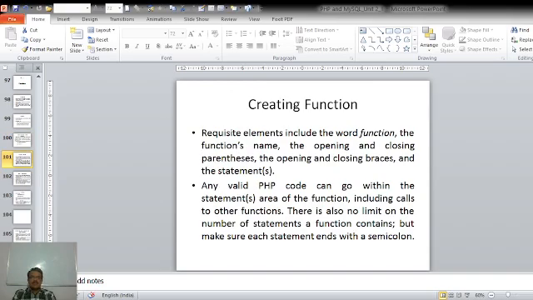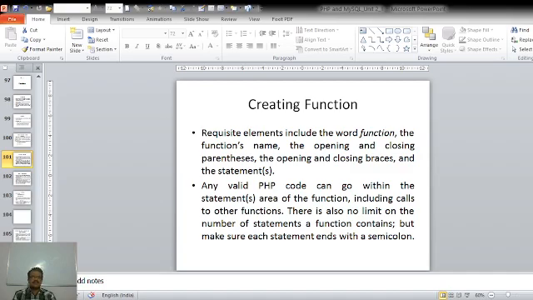Now, whenever we declare a function, what are the requisite elements of a function? The requisite elements include the word function, then the function name, the opening and closing parentheses, the opening and closing brackets, and the statements. Within these brackets are the statements that will be executed whenever we call the function.